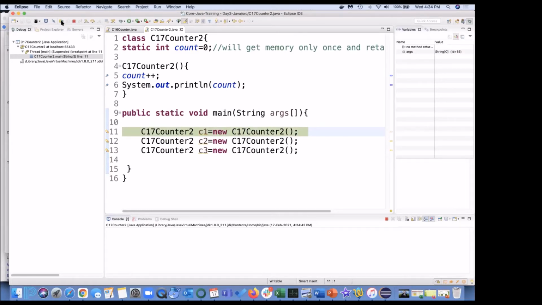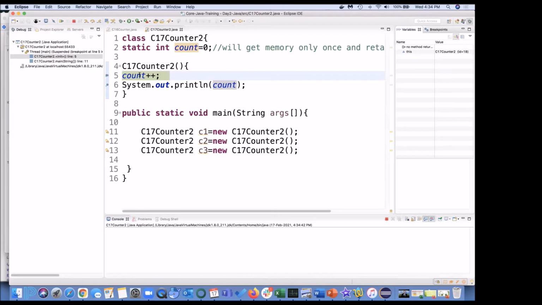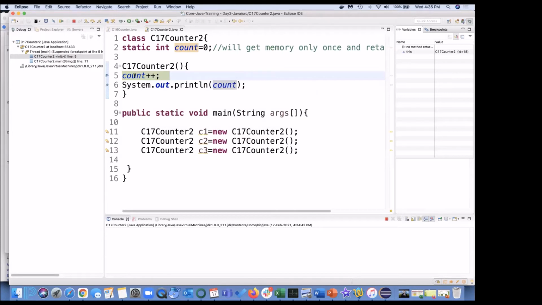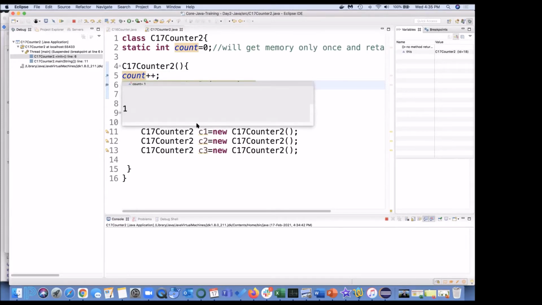So now you can see line number 11. From line number 11 it goes there. If I see the value, the count is 0. If I simply mouse over, it will give me the value. If I go ahead, now I can see the value of count is 1.